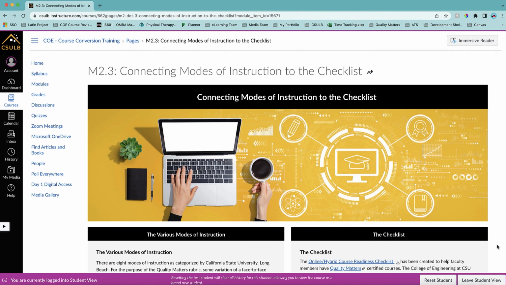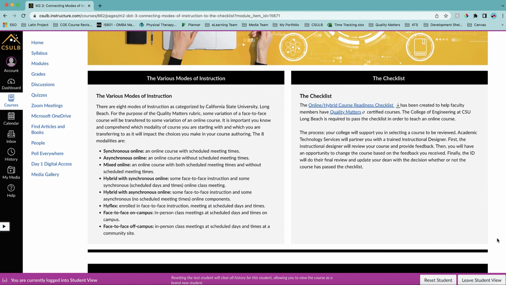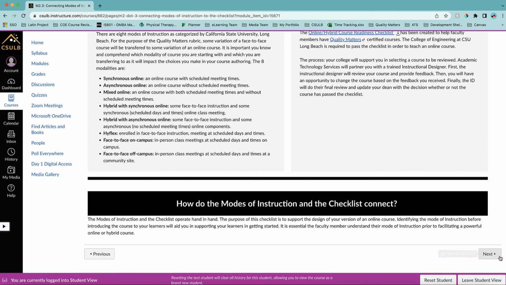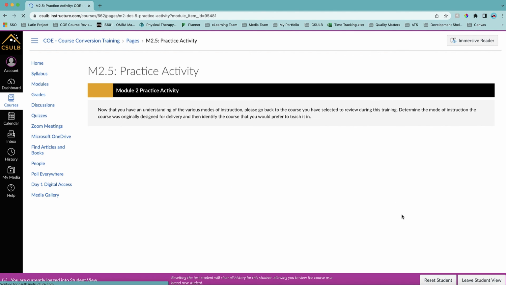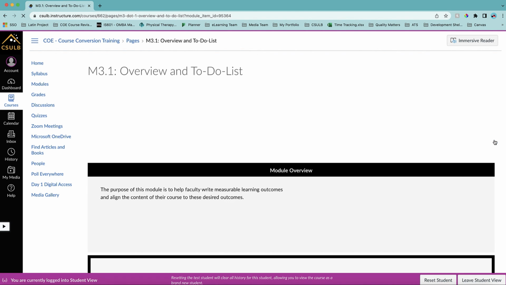And now you can see a page created. This page has been coded in order to display information to the learner. And at the end of it, you can see it says, how did the modes of instruction and checklist connect? Because a designer here is always intending for the learner to be able to connect the knowledge. Here we see another quiz, and you can see it's a different order this time. We now see the practice activity, and when you hit Next, now we're in module 3 for the overview and